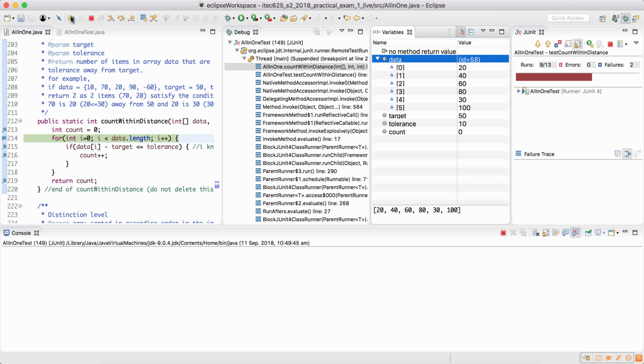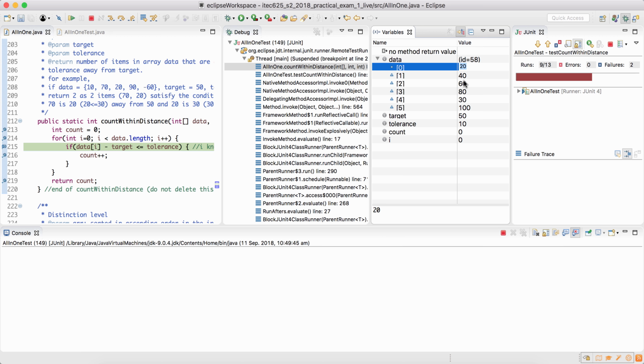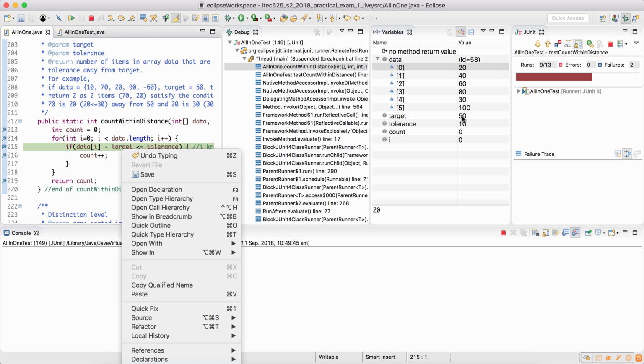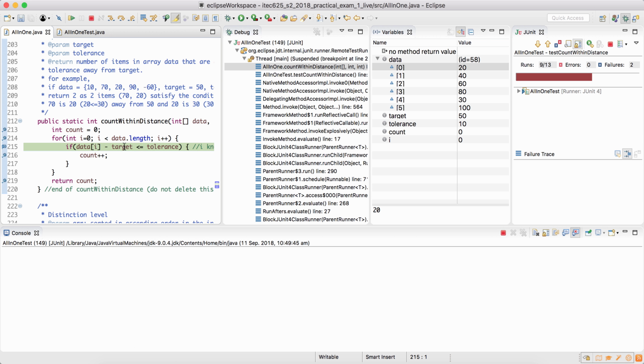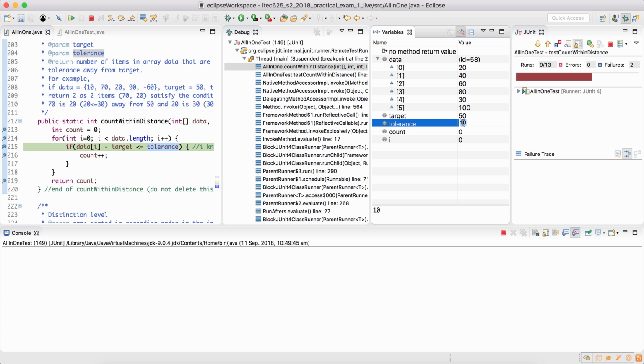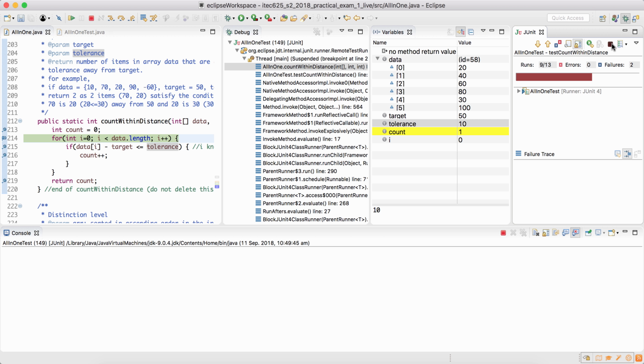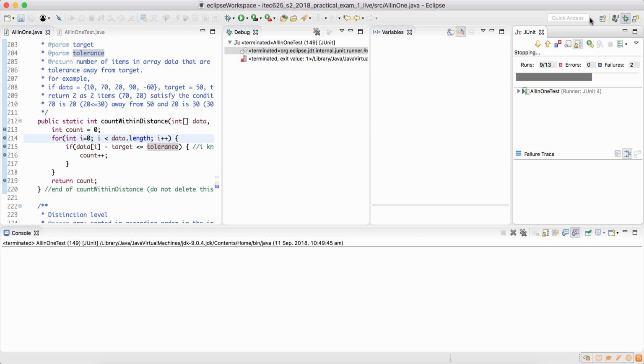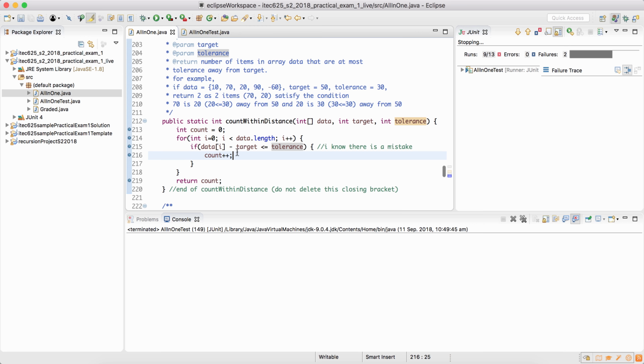i equals 0. data[0] is 20. Target is 50. 20 minus 50 is minus 30. Is minus 30 less than or equal to 10, which is tolerance? Yes. So count will become 1, which we didn't want because 20 is not within 10 distance of 50, which exposes our mistake. So we stop execution, go back to the Java perspective and say that if